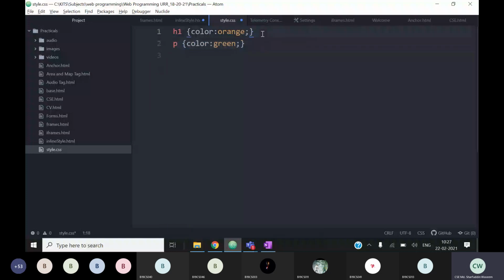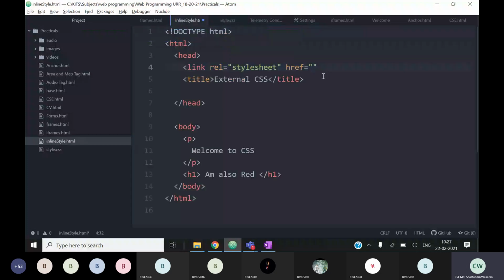I'm saving this. How many rules are there in this file now? Two rules. Two styling rules. One will be applied for H1, another one will be applied to the paragraph. Now coming to my HTML page, here I'm writing href equal to what? style.css. But where is it located? It is located under